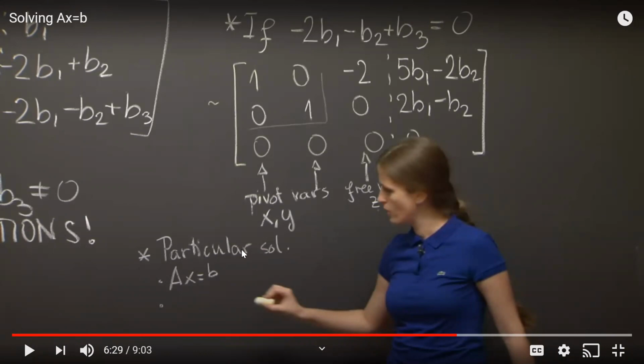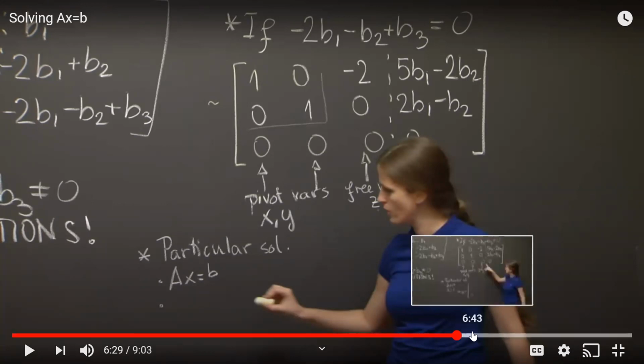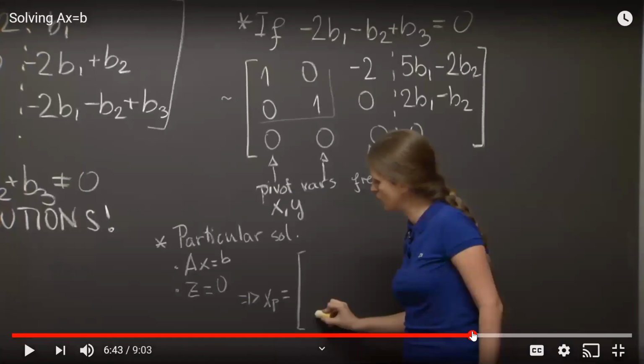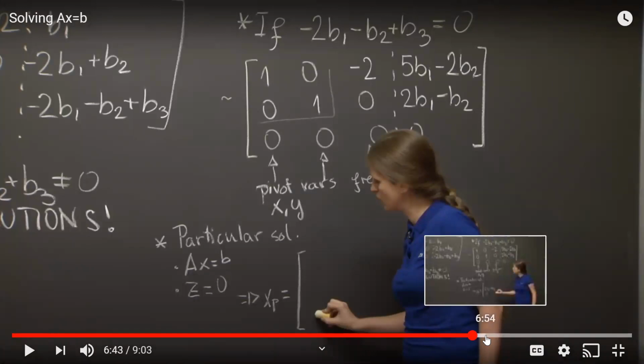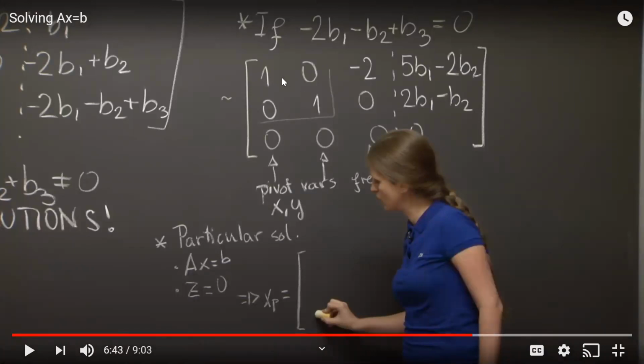So the particular solution is for the system Ax equal to B. So the particular solution is Ax equal to B, where we put the free variable equal to 0. In our case, the free variable is Z. Once we put this free variable equal to 0, we get,